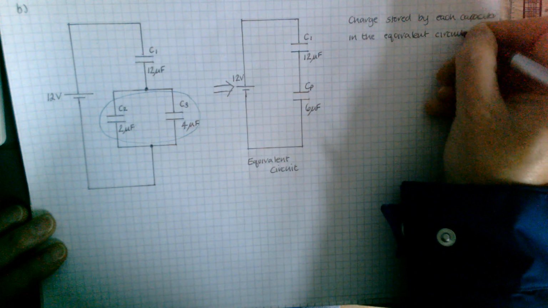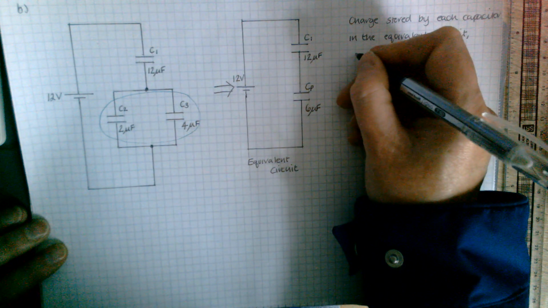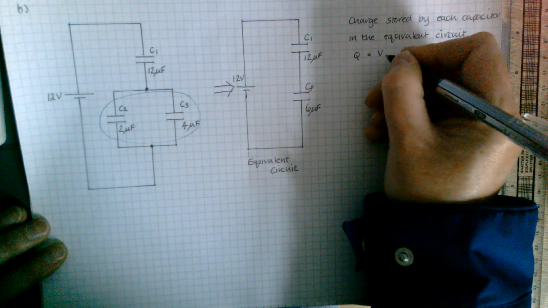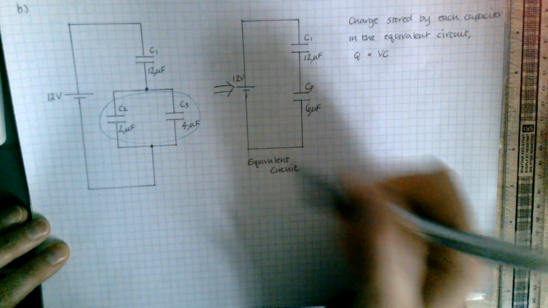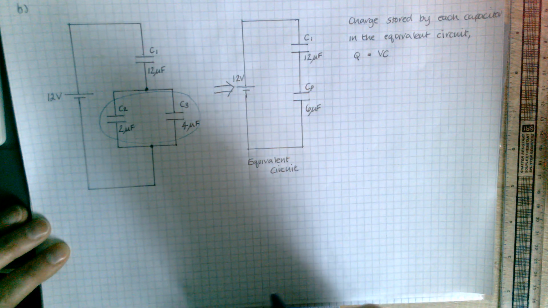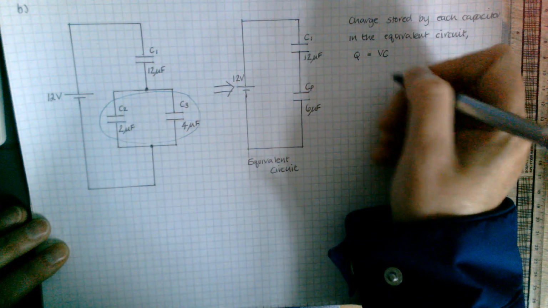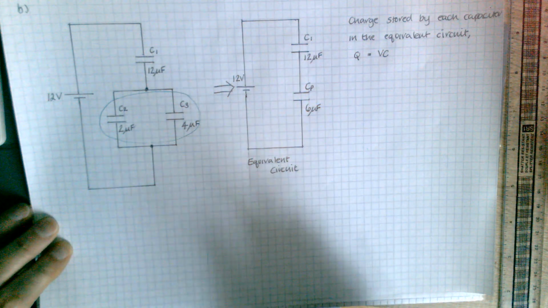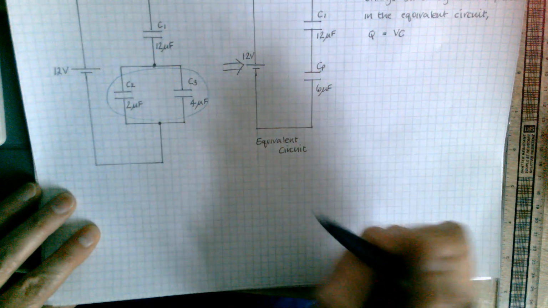Your formula for charge, you remember, is Q is equal to V times C. Now, because this would be a series circuit, the charge stored by each capacitor would be the same. So you're really looking at the total charge using the total voltage and the total capacitance. We haven't worked out the total capacitance in this circuit yet. If you have two capacitors in series, then to get the total,